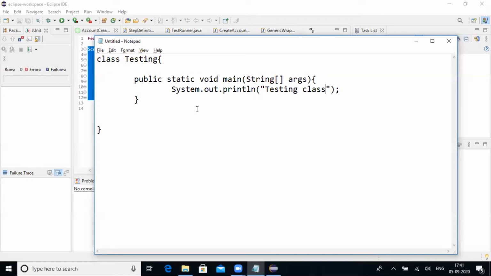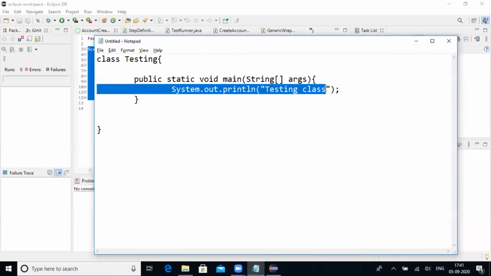If you compile and run this program, what will be the output? It will simply print what is written under this code. So this is how a Java class works. For execution, it checks for the main method first, and whatever lines are written under this main method will be executed.